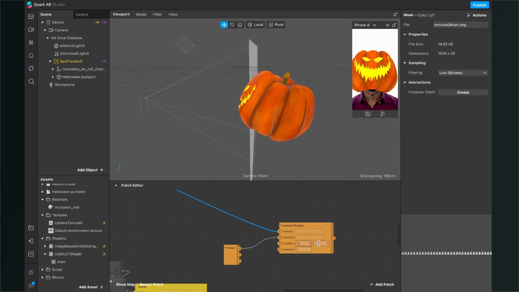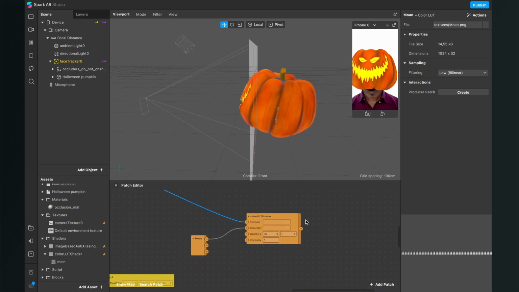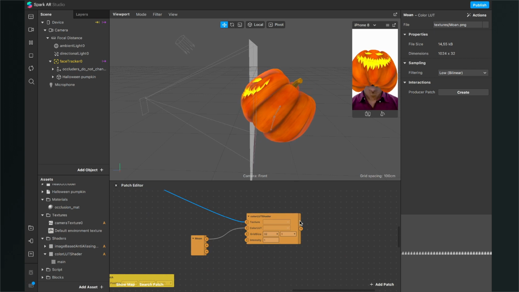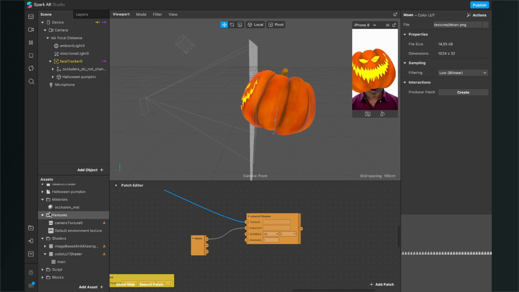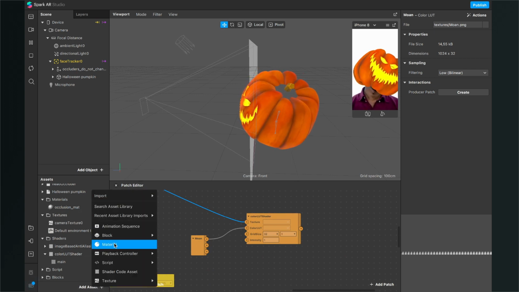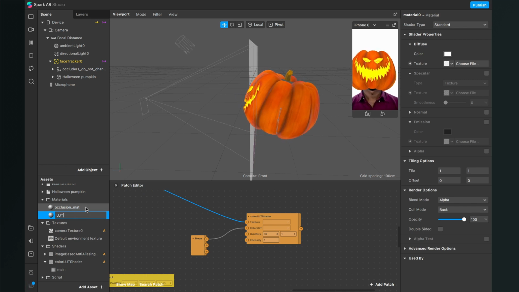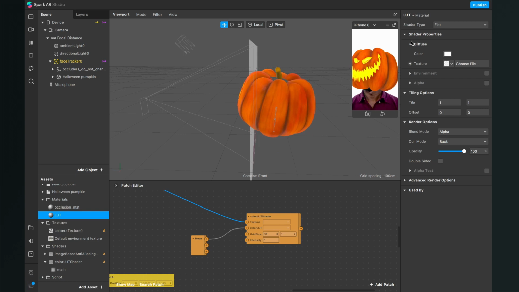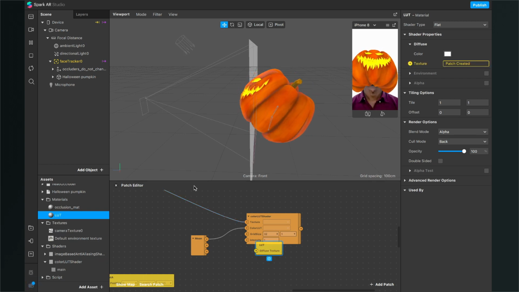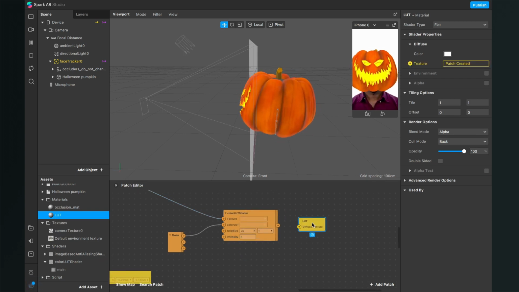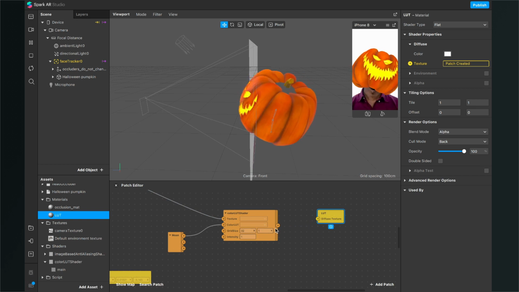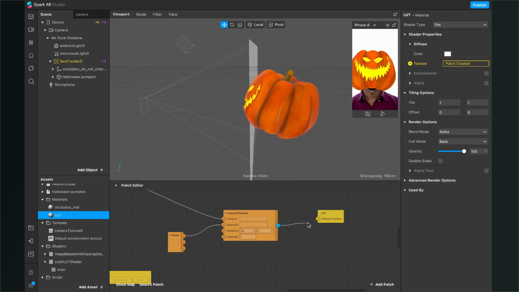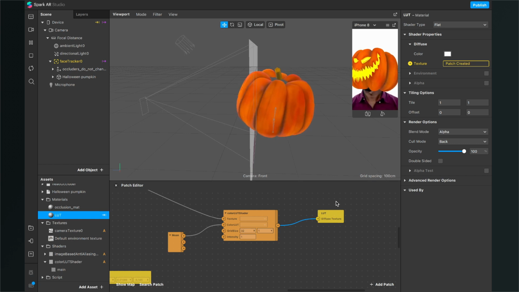The next step is that we need a material for this shader. For this, just add a new asset, a new material. I will call it LUT. Set the shader type to flat and then just export the texture to the patch editor, and then connect the output of the color LUT shader with the input of the LUT. The next thing is, because I just want to do the background in a color LUT,